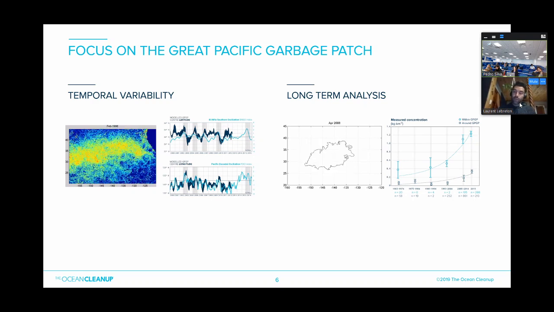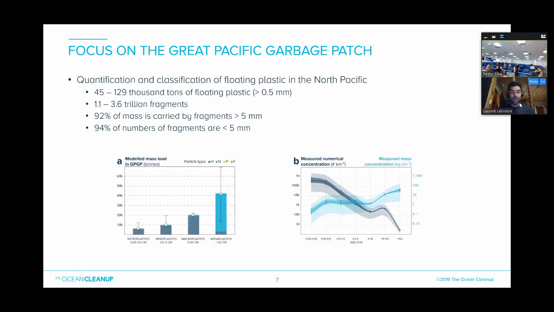But more importantly, the result for The Ocean Cleanup really was to give this full quantification and classification of floating plastic in the North Pacific. And so those are the main results. Basically, we come back to engineers. We said there was an average of 80,000 tons of floating plastic